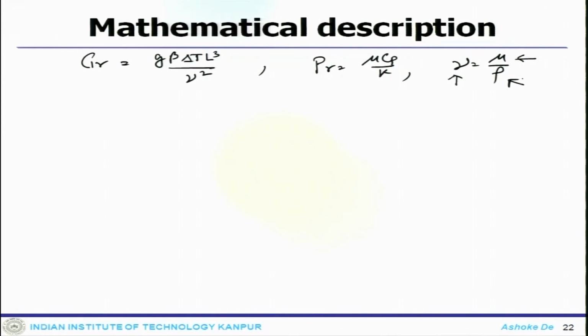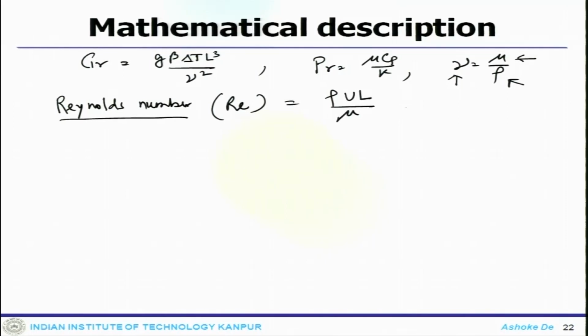So, what are those non-dimensional parameters? One of the important non-dimensional parameters which you come across, the first thing, is the Reynolds number, typically represented as Re, which is rho u L by mu. Essentially this is a ratio of two forces: the inertia forces to the viscous forces. That dictates if the flow is laminar or turbulent, depending on the Reynolds number.